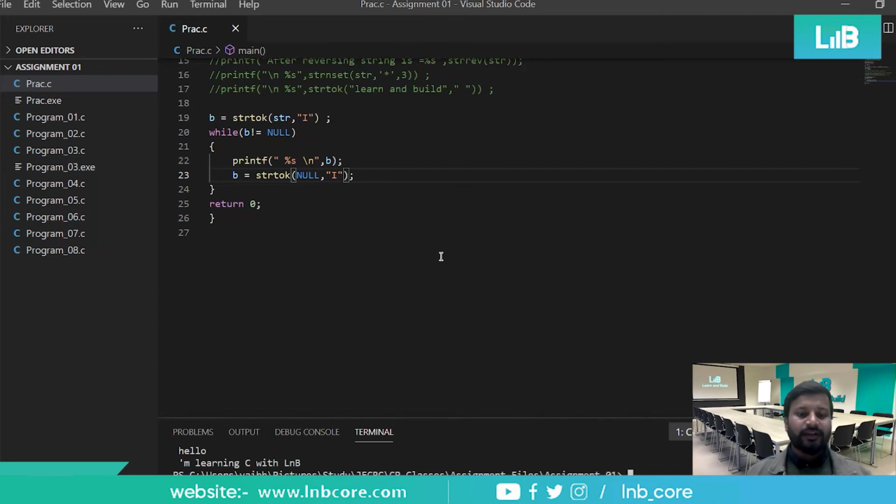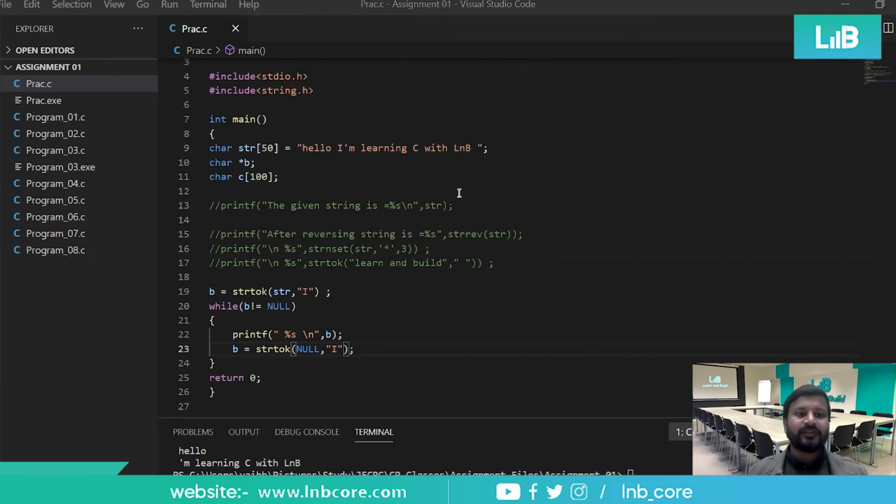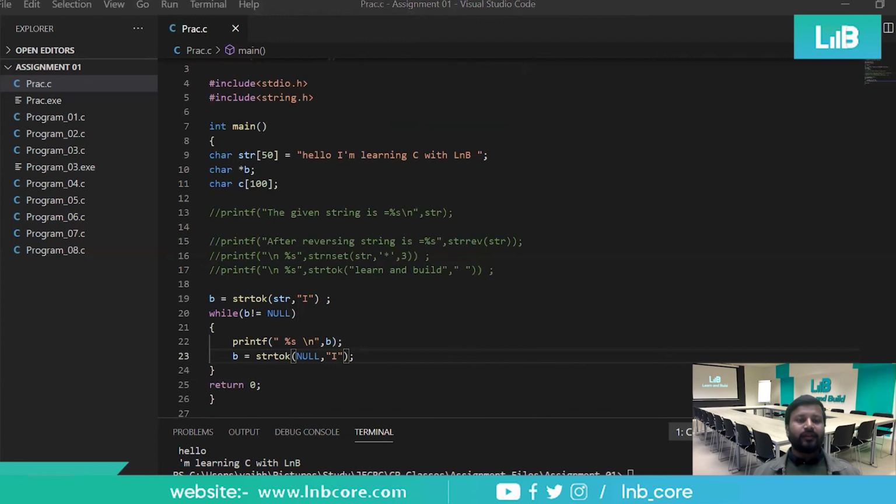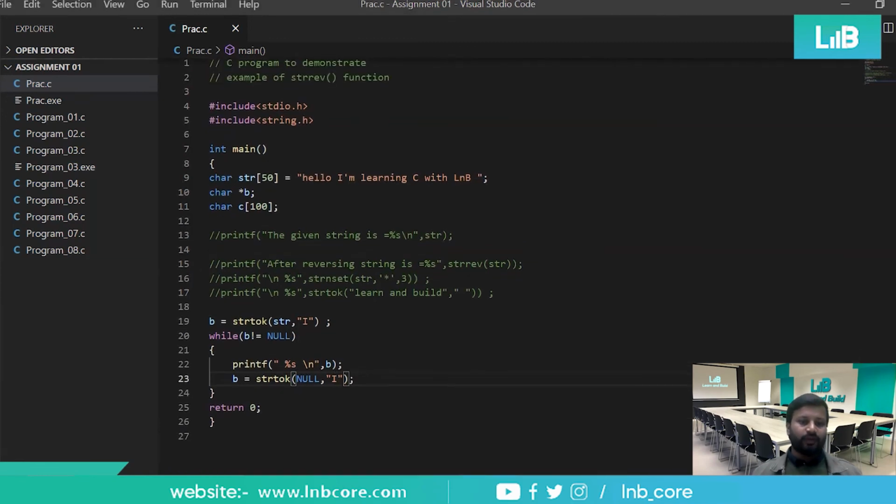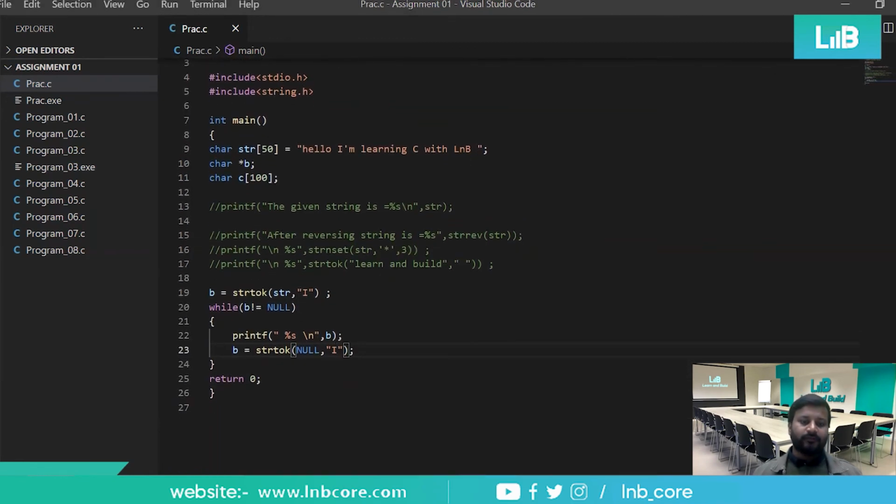Understood? So the purpose is that if you want to separate a string based on any specific letter, like we saw in the earlier example, that is a good thing. So either I will copy or Vaibhav, you can copy that into the chat box so that it can be helpful for other people as well. So the purpose is that from any big passage, string, length or sentence, we have to separate on the basis of one specific letter, right? And that can be done through strtok. How it is functioning, let me tell you about it.